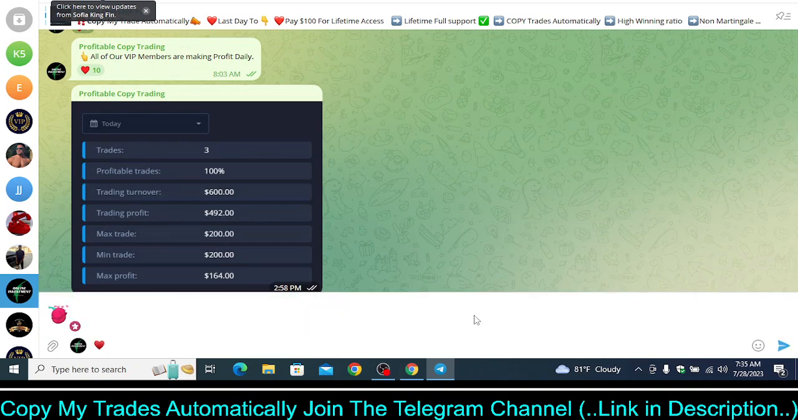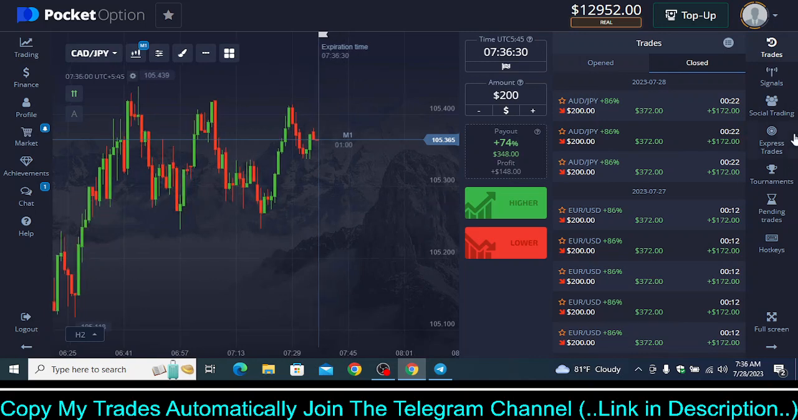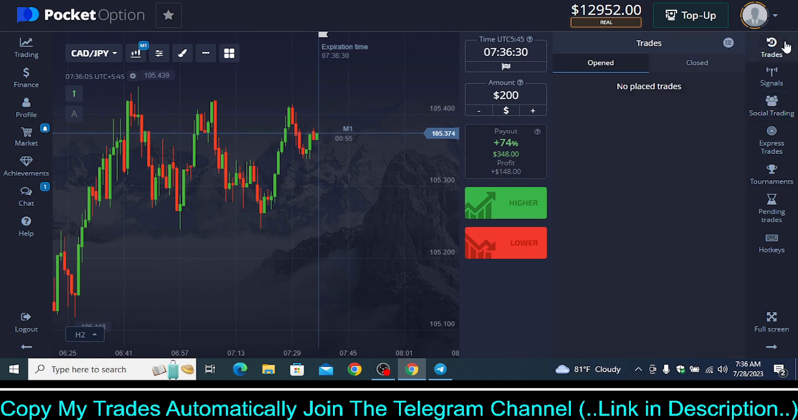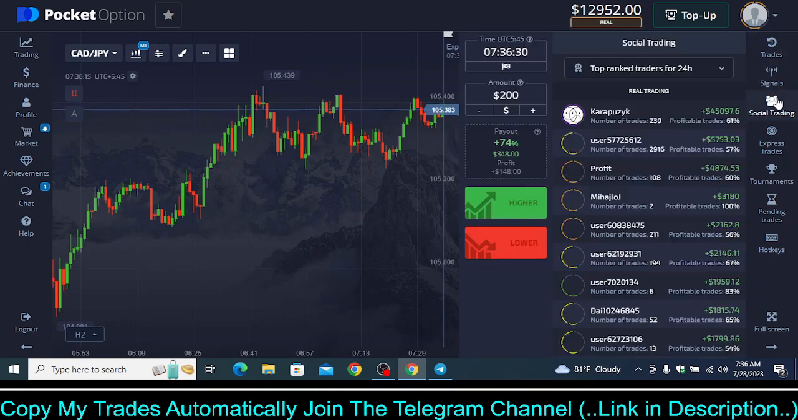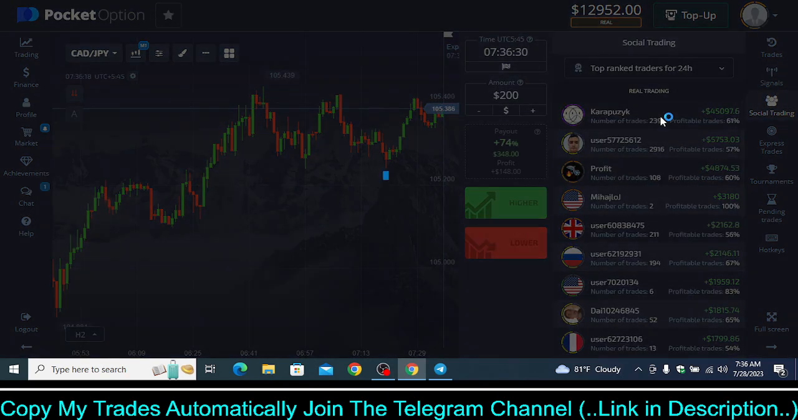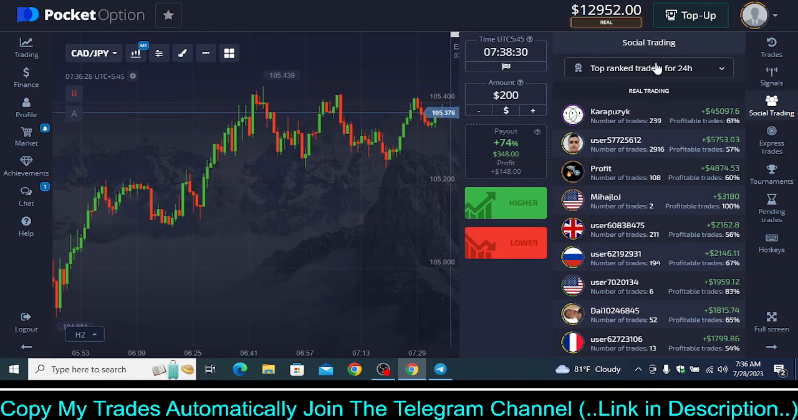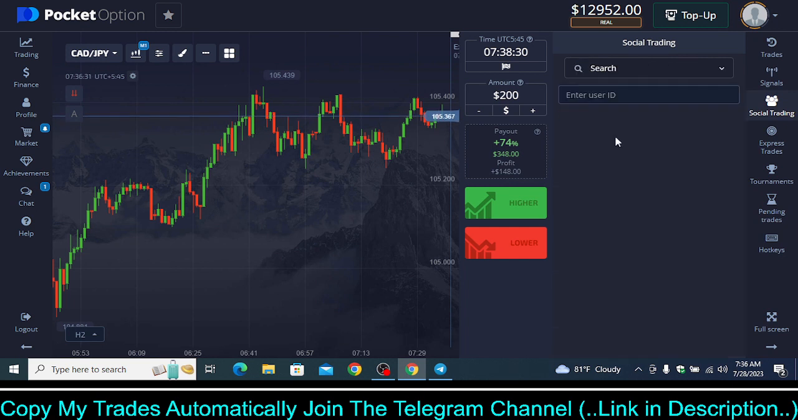Now let's see the simplest process of how we do the copy trading setting. It is extremely simple. Once you join my free Telegram channel, you will see the instructions on how you can join our VIP copy trading channel. Once you join that VIP copy trading channel, you will get a unique UID. For example, this is a UID. You will get this kind of number, and you copy that number from our VIP copy trading channel and come to social trading, click on search,